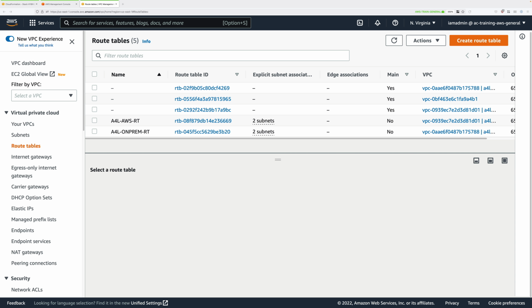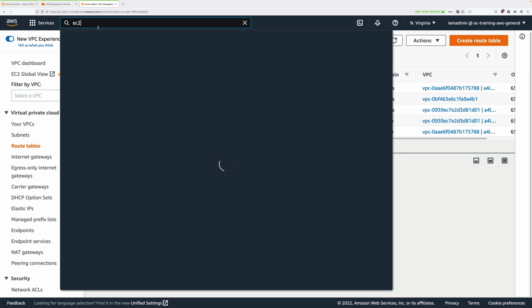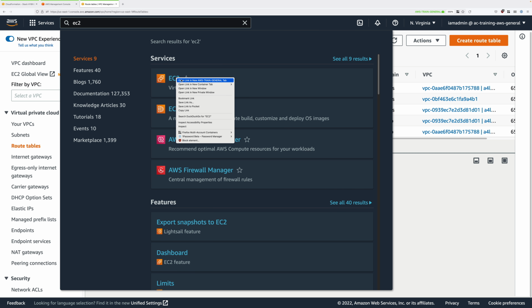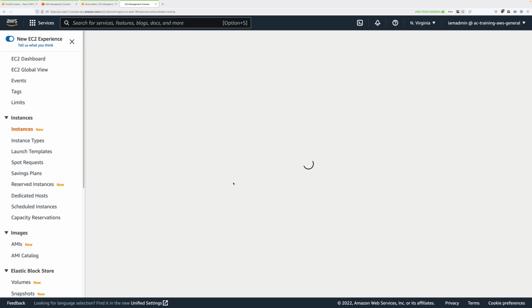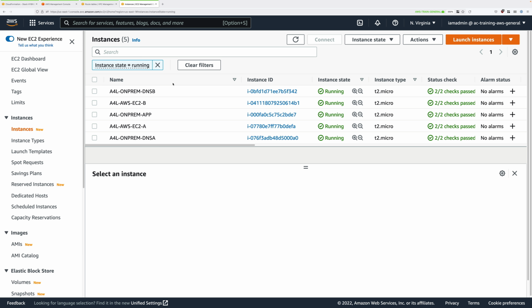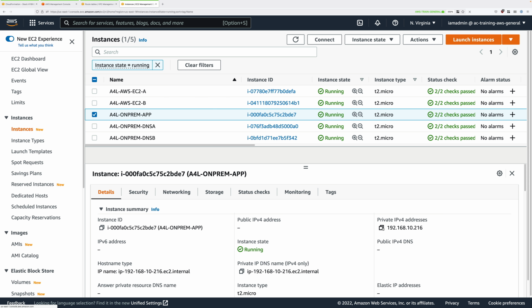And what we need to do next is to test that. So to do so, click on Services and select EC2. Then click on Running Instances. Now you're going to need the IP address of one side of this newly connected network. So select the on-prem app server and then just copy the private IP address of this into your clipboard. Now note, this is on the simulated on-premise side of this newly integrated network.